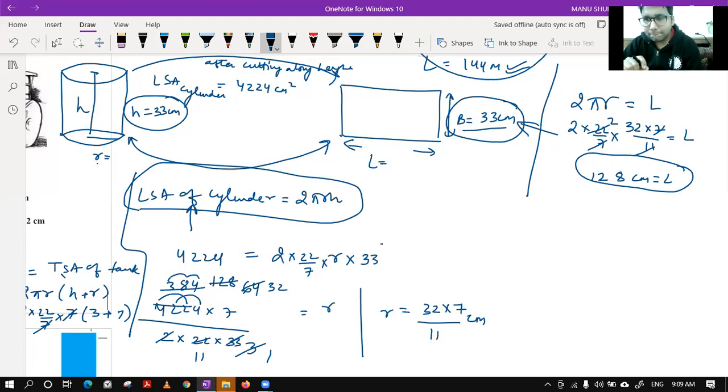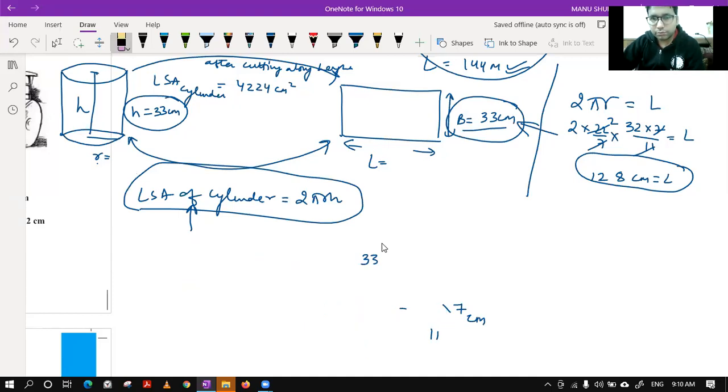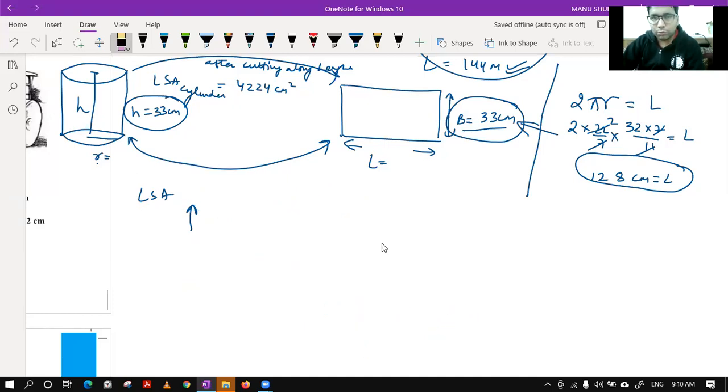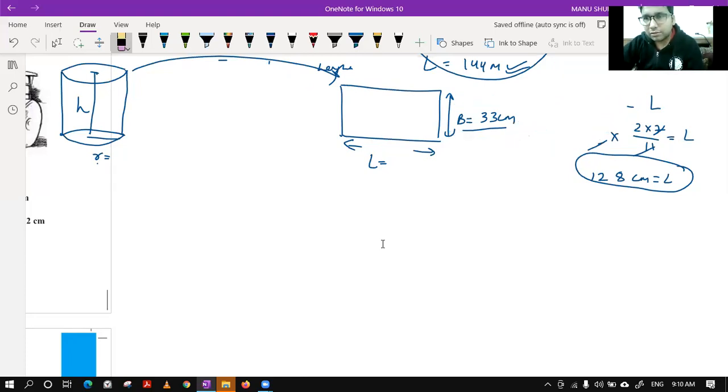Rachit, what we have done is, we have found the radius first of the cylinder, and then we have said that the circumference of that circular ring is equal to length. That's it. Now see how it can be done easily in a shorter way, just by understanding the mensuration. This was quite a long way to do the question. Anyone having a hint what I'm going to do? Please tell. Any idea? Yes, that's it. And we get the answer.